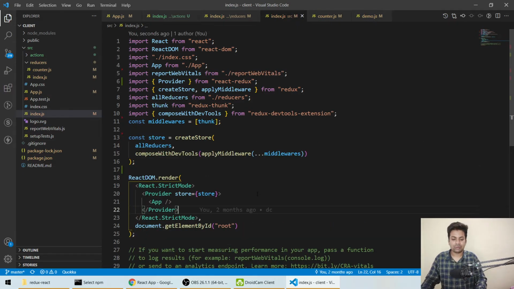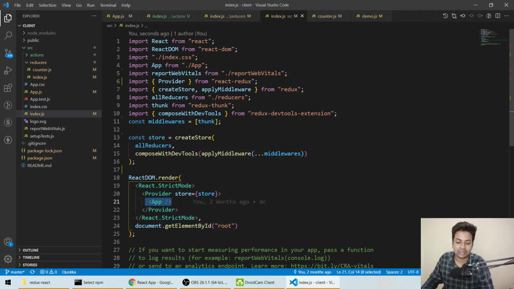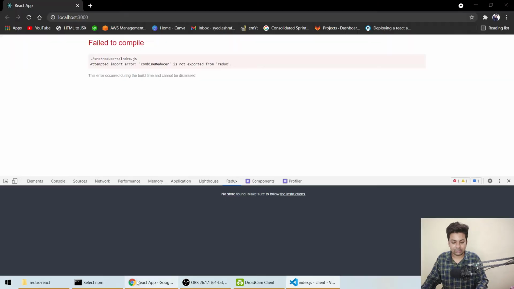Okay, so you got this. To use this store we are just using Provider, which is in React Redux only. This App is one single page, React runs on one single page, so everything can access it by the name store. Okay, so let's see if we get any errors, then we'll solve them.